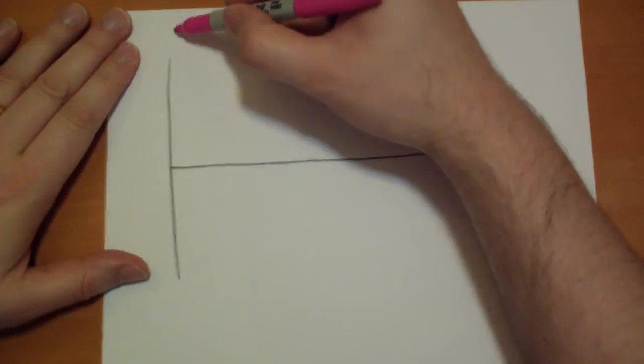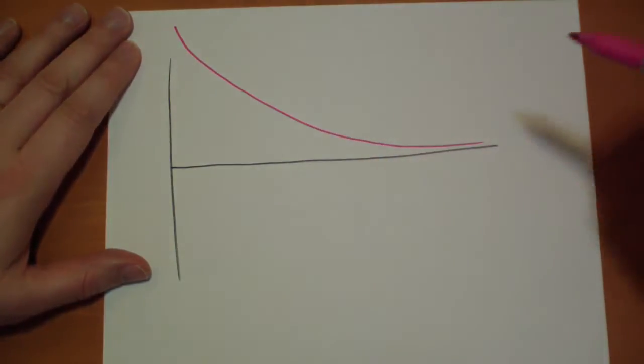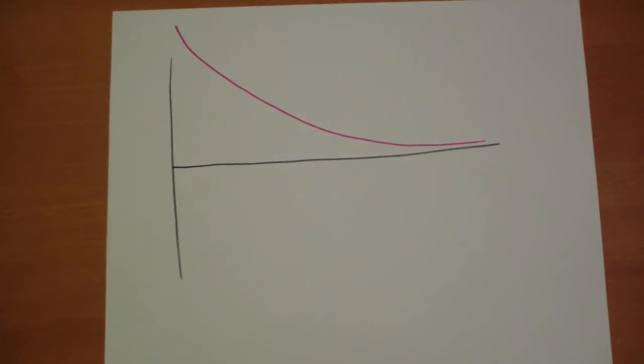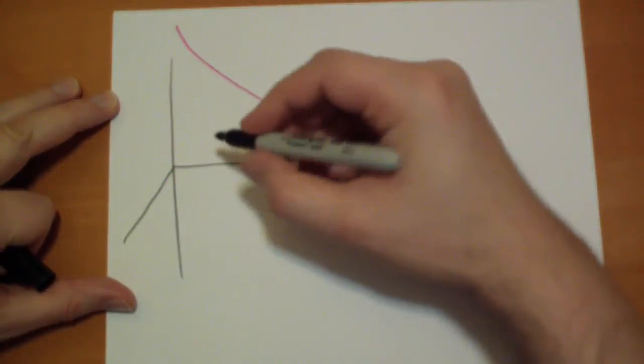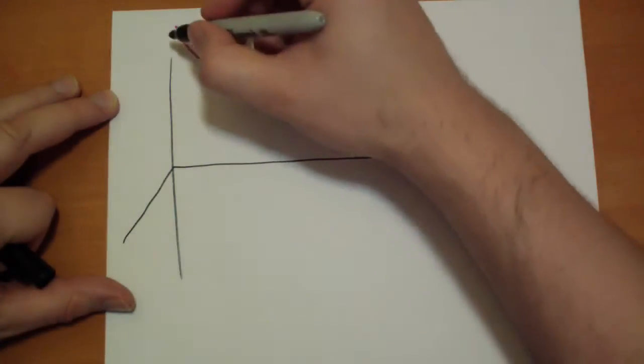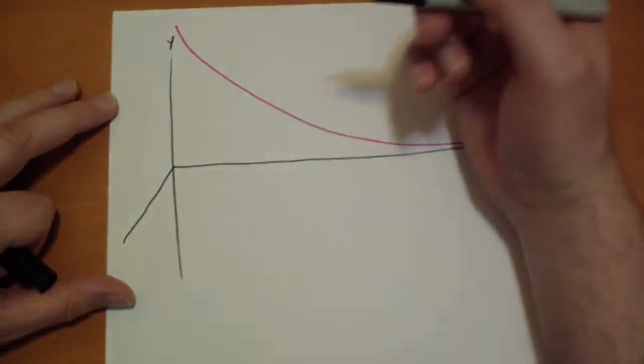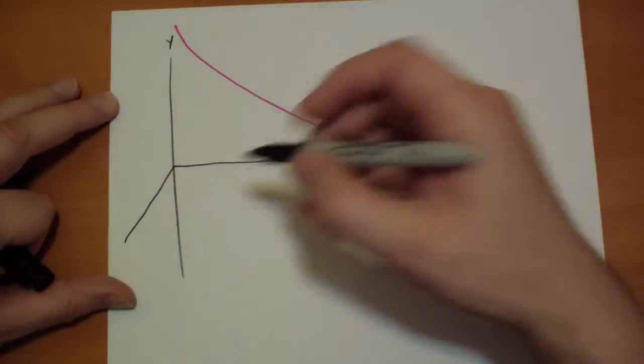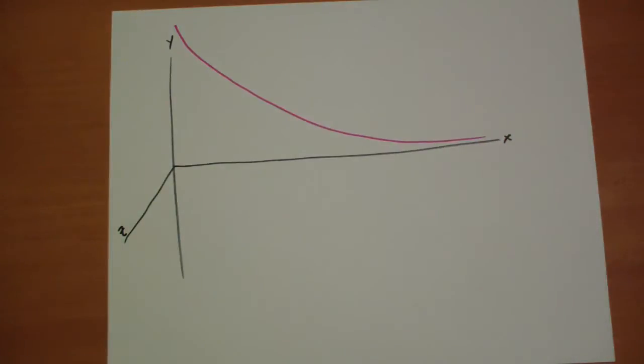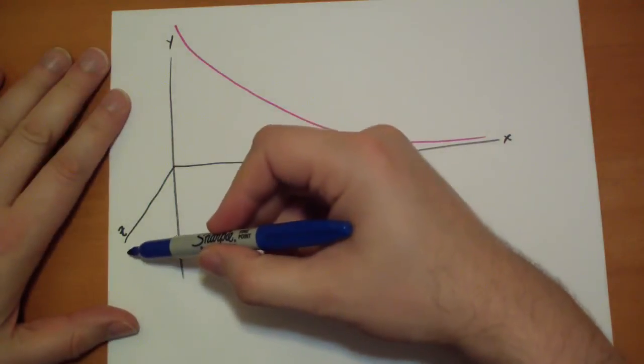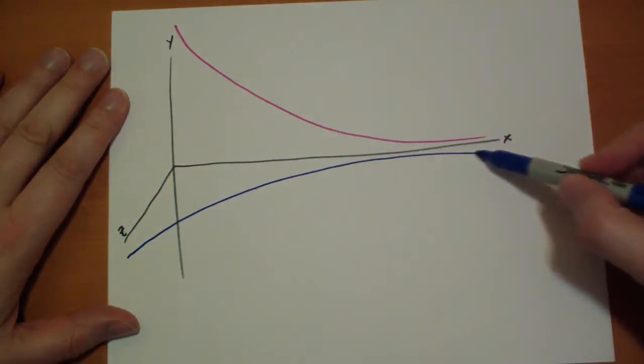Both of them have this attenuation, this logarithmic attenuation. They both go like that. And I'm going to draw the, let's see, this is X, Y, Z. This is the direction of the E field, so this has to be the direction of the B field. So the B field is going to do the same kind of attenuation. It's going to start out maximum and then attenuate the same way, except it's in a